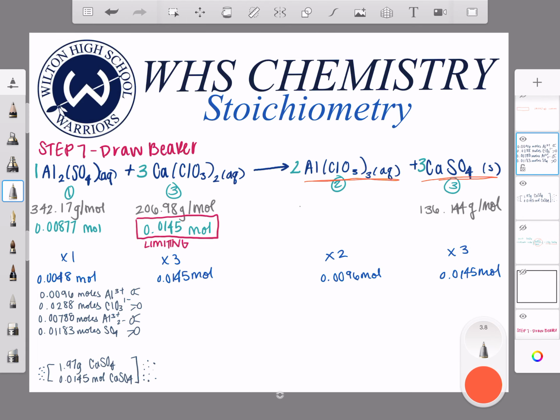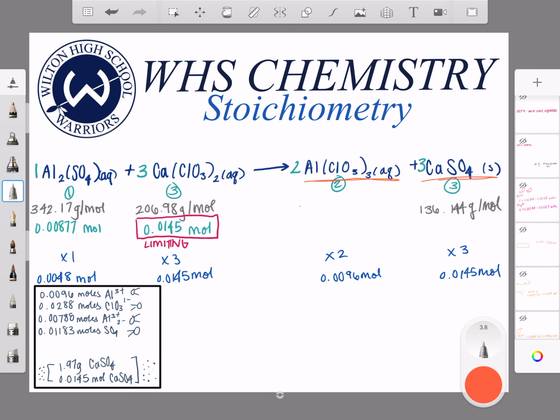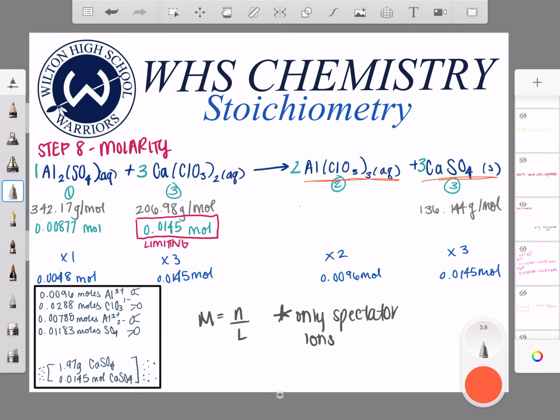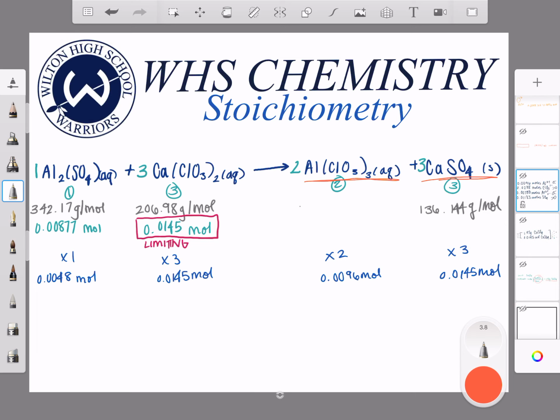the next thing we would do is find the molarity of the spectator ions. And molarity is moles over liters, or volume, which would be in liters. And in this problem, we're not given a liter amount, so we're actually not going to find the molarity, but this is how you would do it, and you would only find the molarity of the spectator ions. We're going to skip that, and the next thing we're going to do is write the